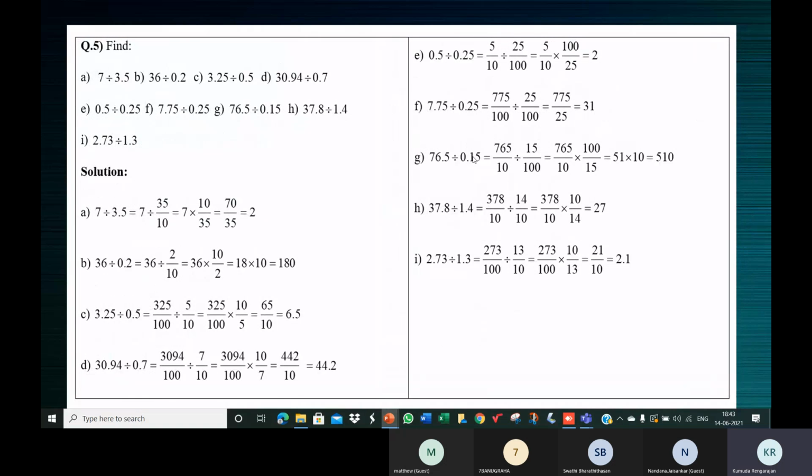If you're dividing a decimal number by something like 69, what do you do? You first convert the decimal to a fraction like this. If the second number is also a decimal, again we convert it to a fraction. Then division becomes multiplication by the reciprocal of the second fraction. Then we simplify and get the answer. Same procedure, children. Like this you should do.